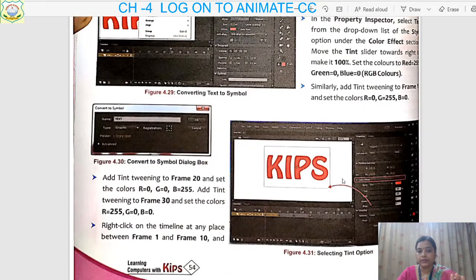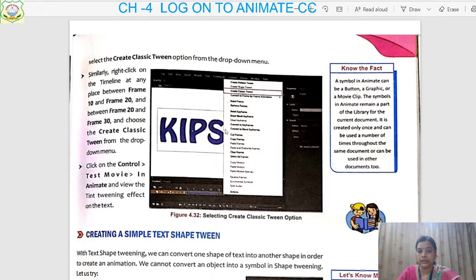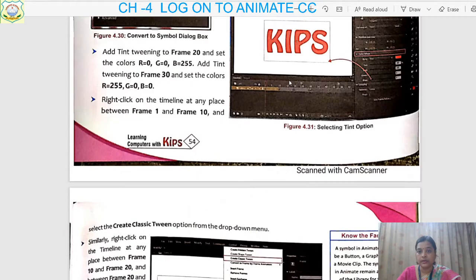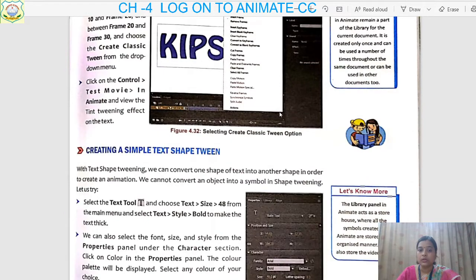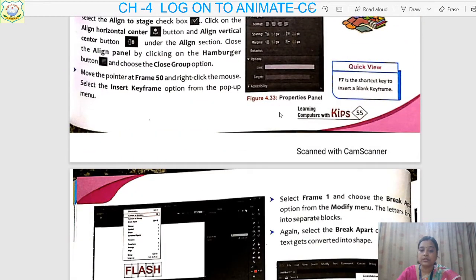Now after that, they will insert a word. See, they have inserted the word Tips, and then they have set all the different formatting, and then they have applied the animation. Color change. See, earlier it was red, now it's blue.